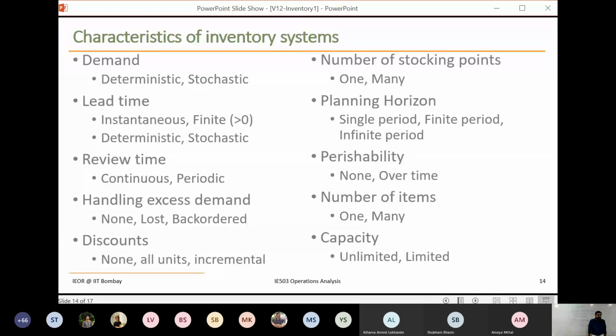So using all these characteristics, as well as the various types of inventory we have seen, we may have slightly different variants. You can see it's a huge, rich area where, based on the different scenarios and settings, you can have different mathematical and analytical models. And some of them have a really nice thread and relation with each other. So we will expand by relaxing one assumption at a time. We'll make a lot of assumptions initially, make the model simple, and then slowly relax assumptions and make the model a little more challenging for us to work on.